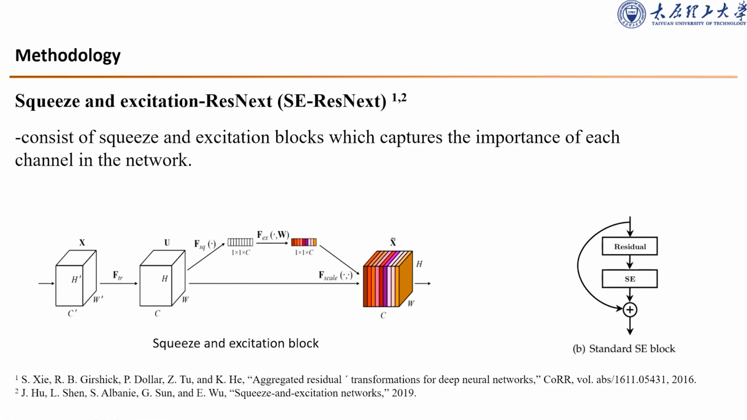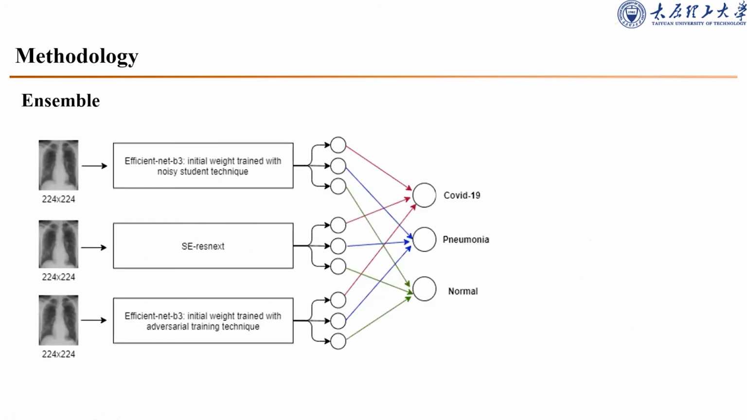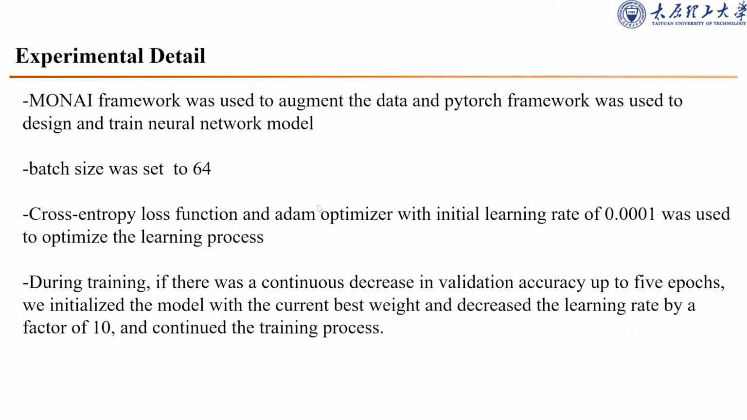And finally we ensembled these models by simply averaging their output for each class, as shown in the figure. And now some experimental details. We used the MONAI framework to augment the data, and the PyTorch framework to design and train the neural network models. The batch size was set to 64. We used the cross entropy loss function and the Adam optimizer with an initial learning rate of 0.001 to optimize the